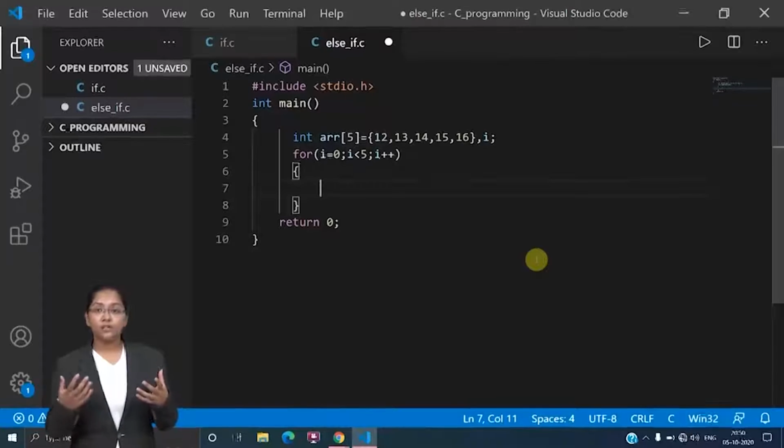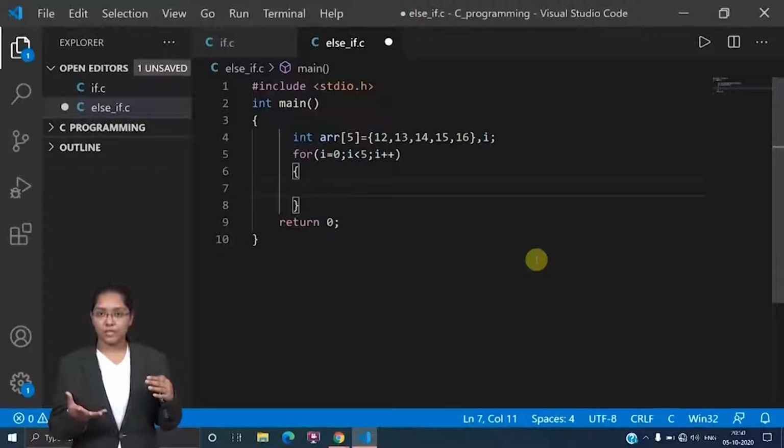I have taken 5, but less than 5, because I am calling the values through the indexes, and we know that index values are from 0 to n minus 1. So the loop will go on till 4 only. That means 0 to 4 is 5 elements, but it will run only up to 4. Therefore I is less than 5. That's what I needed.